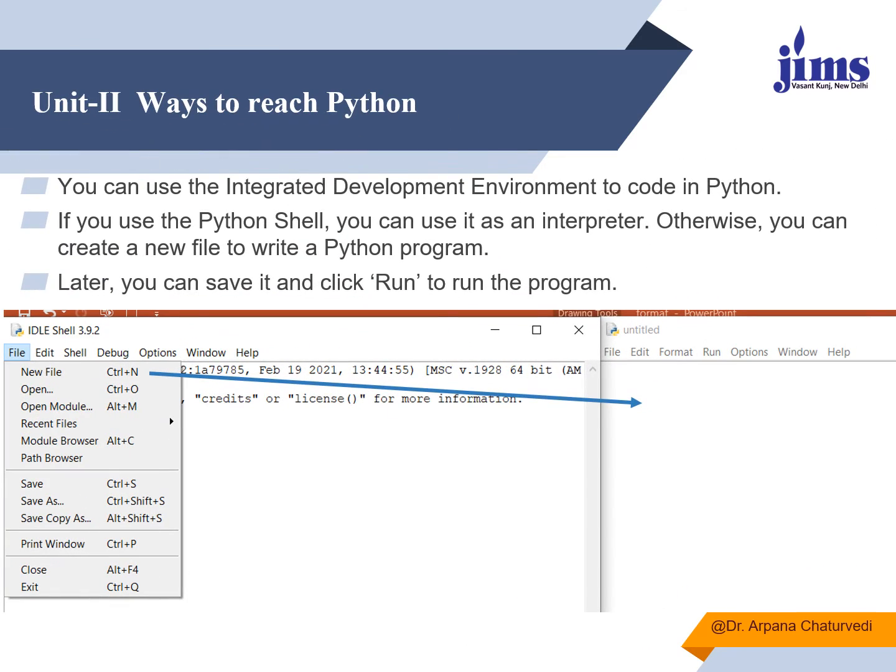There is another way: you can write scripts also. For writing a script, you have to go to File and New. The moment you click on New, this kind of editor will open. Here you can write n number of statements together and you can save the file with a .py extension. It will store the script you have written, which you can use further on for future reference.